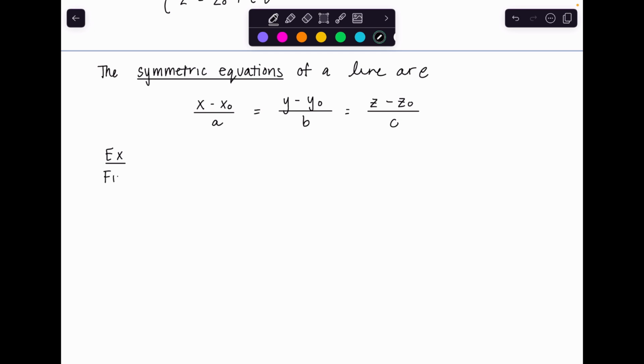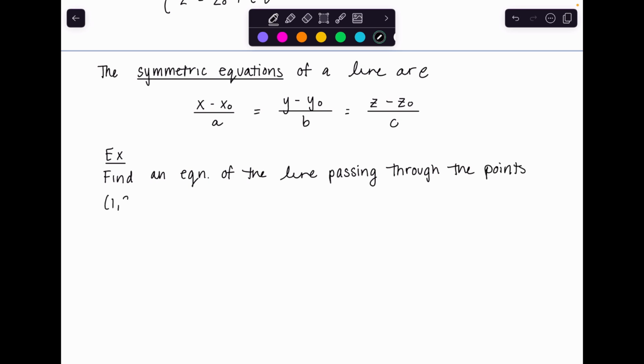So let's find an equation of the line passing through the points 1, 2, 1 and 3, 0, -1. So we're going to come up with that vector function to find this, but then also in